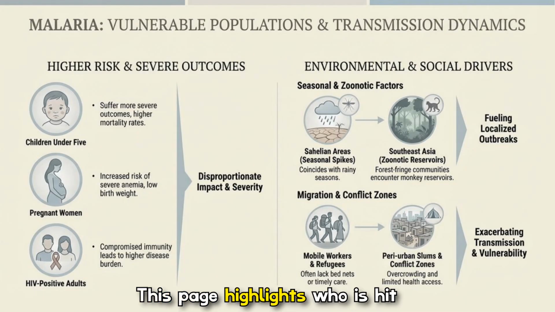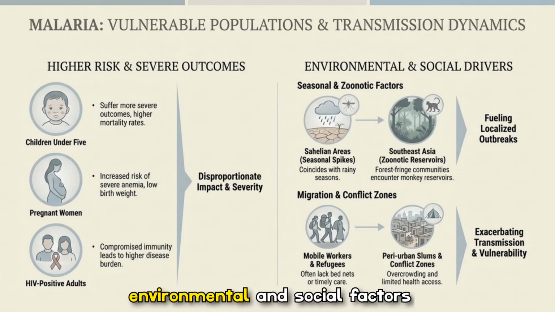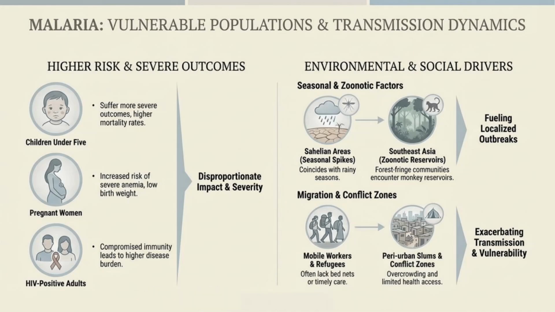This page highlights who is hit hardest and why outbreaks happen. Young children, pregnant women, and people with compromised immunity face higher mortality and complications, while environmental and social factors like seasonal rainfall, zoonotic reservoirs in forested areas, migration, conflict zones, and overcrowded urban settlements all amplify transmission and vulnerability in